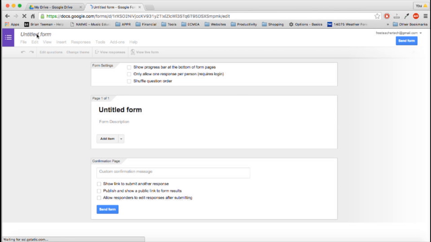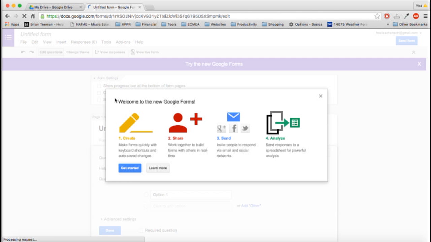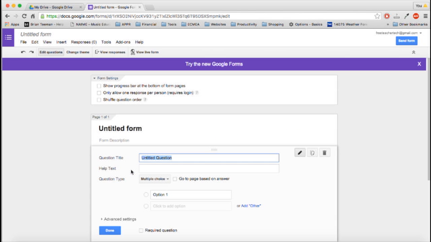So, untitled form right here. It's still creating it. So once it's done creating it, we're going to go through this quickly. All right. Welcome to the new Google Forms. So here we go. We're going to get started. So untitled form, we're going to change that first. We're going to click on that and call this our